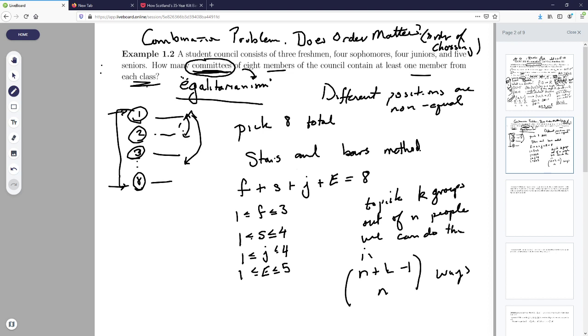The reason for this is because if we have N people, say we have person 1, 2, 3, 4, 5, all the way up to N, and we want to break this into K groups, what we have to do is choose places for special bars to go. So for instance here, if we put 1 and 2 into a group, and then we put 3, 4, 5 into a group, and then we put some other set of people, then the answer is actually that there were